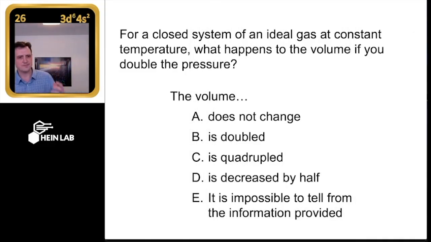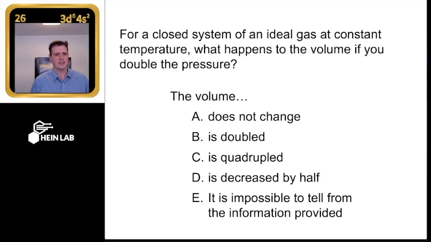So first off, by elimination, how can we eliminate E, for example? What information as given is something that we can say, no, you know what? E we can actually deal with. E is not true. There is actually enough information here. Yeah, it's a relationship, right? PV equals nRT. We've got something that tells how these different values will change. So E's off the table.